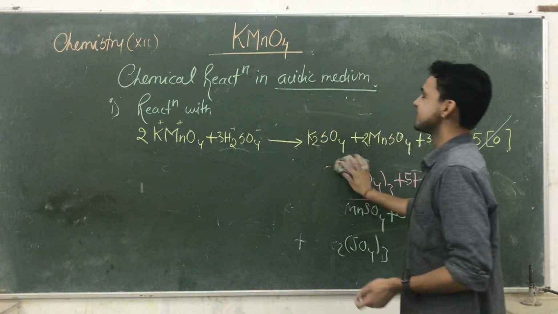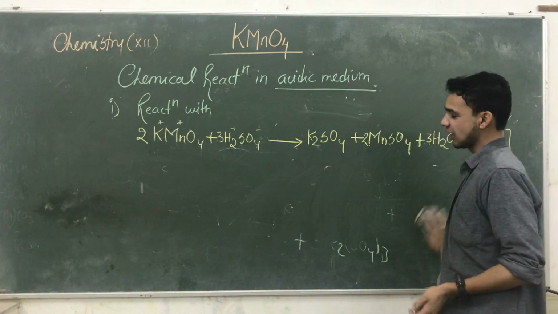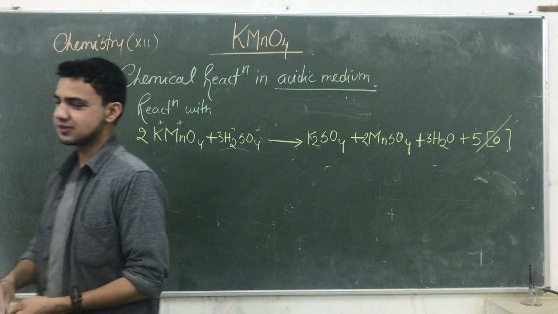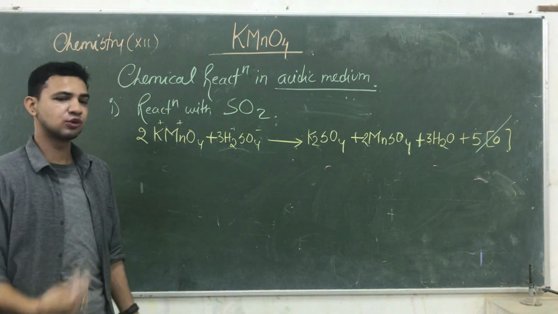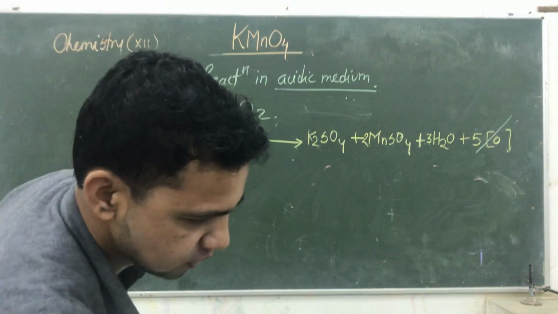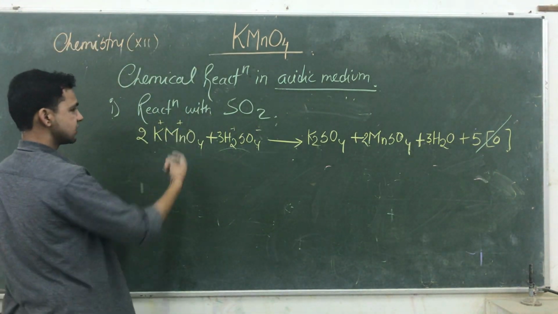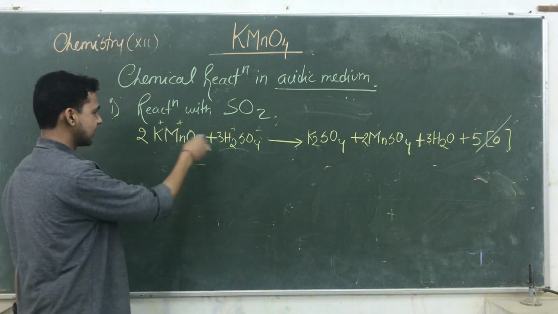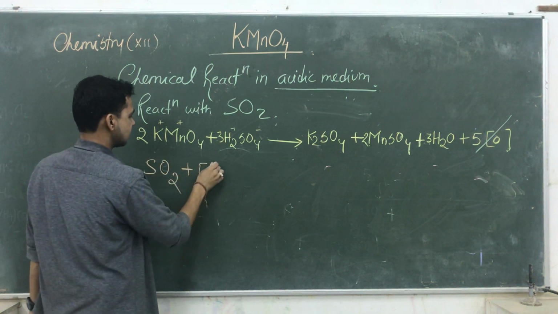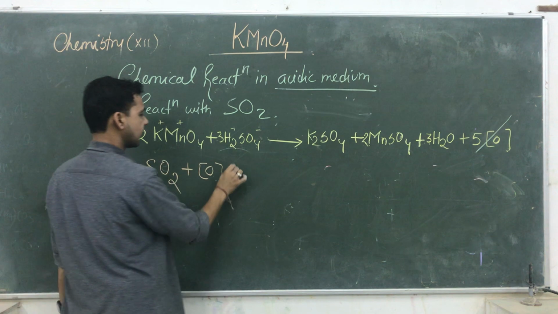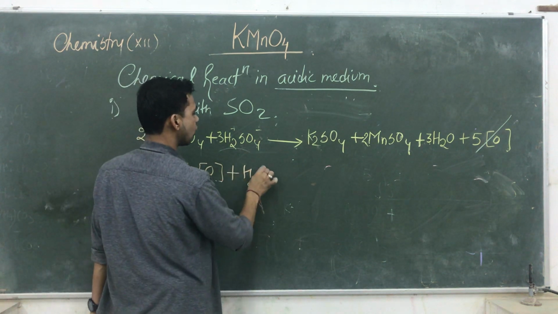The next reaction is the reaction with sulfur dioxide SO2. Okay. So sulfur dioxide is a very important compound. It is helping to convert into the sulfuric acid. The first step always remains the same. In the next step you are taking SO2 to react with nascent oxygen, but here we are taking H2O also.